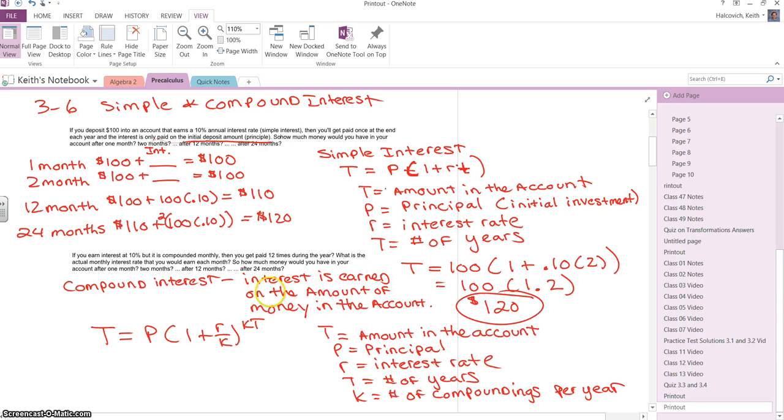So in this formula here, if we're doing it for 24 months, say T equals the principal, which is $100, times 1 plus the interest rate, which is 10%, over 12, since it's compounded monthly, so monthly is 12 times per year, raised to the 12